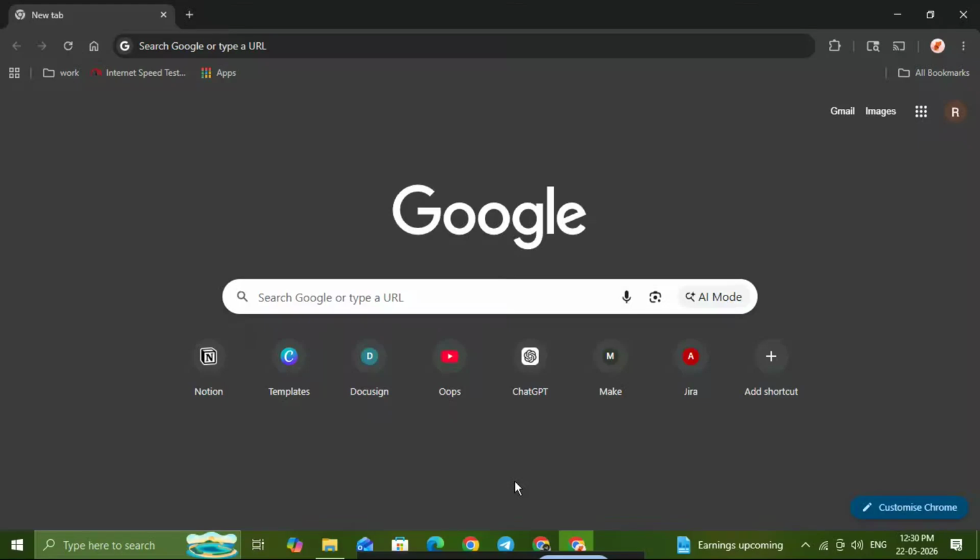In today's video, I'm going to show you how to add a password to your Google Chrome profile the right way. Now, Chrome itself doesn't really have a built-in password lock for a profile the way some people expect, so the best and safest method is to protect the Windows account that Chrome is signed into. That means anyone who wants to open your Chrome profile on your computer will first need your Windows password, PIN,